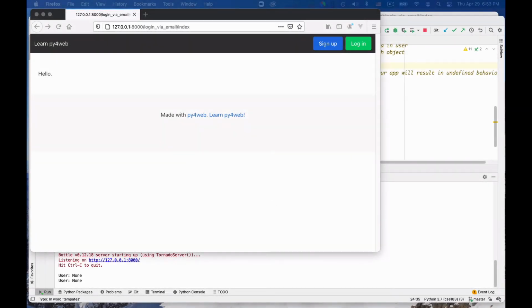Welcome. What I want to do in this lecture is to develop a way of logging in simply via email. So the truth is that I kind of hate logging into a website using a username and password or even email and password. For some websites, the ones I visit often, it kind of makes sense because I want to be able to log in fast.